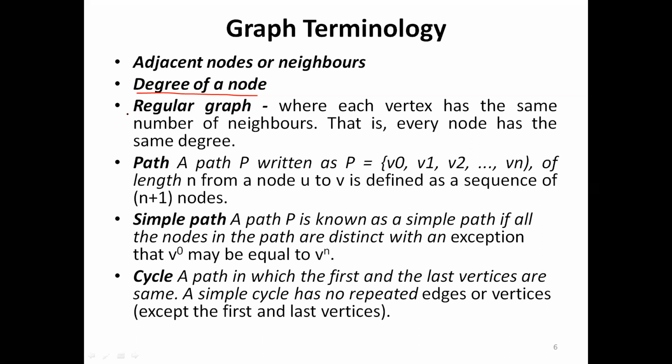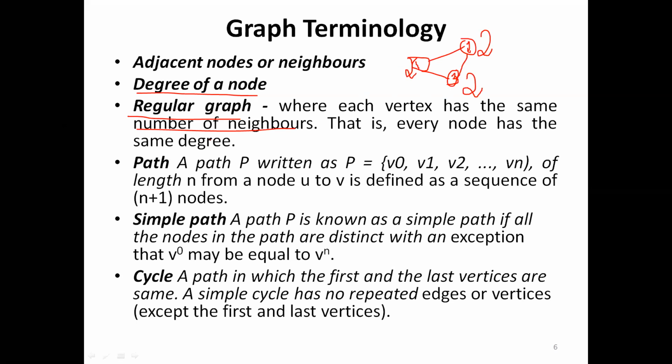Then what are the different types of graph? Take this one, the regular graph, where each vertex has the same number of neighbors. For example, consider this undirected graph. I take node 1. How many neighbors are there? 2 neighbors. When I take node 2, how many neighbors? 2 neighbors. When I take node 3, how many neighbors? 2 neighbors. So if it is like this, I call that type of graph a